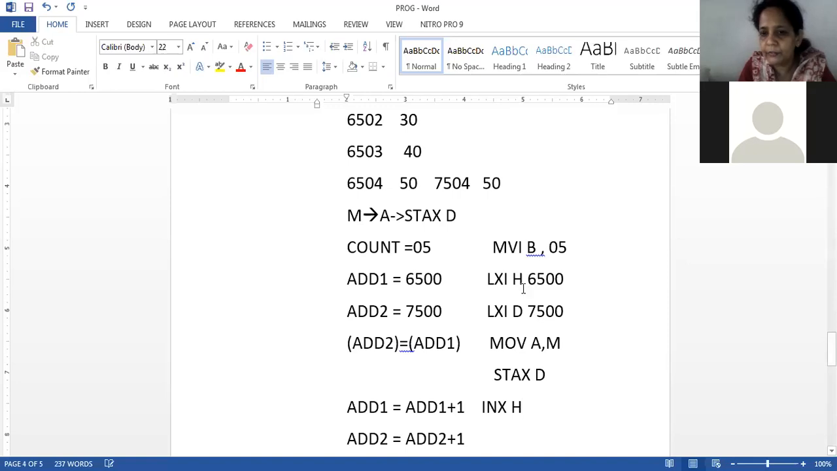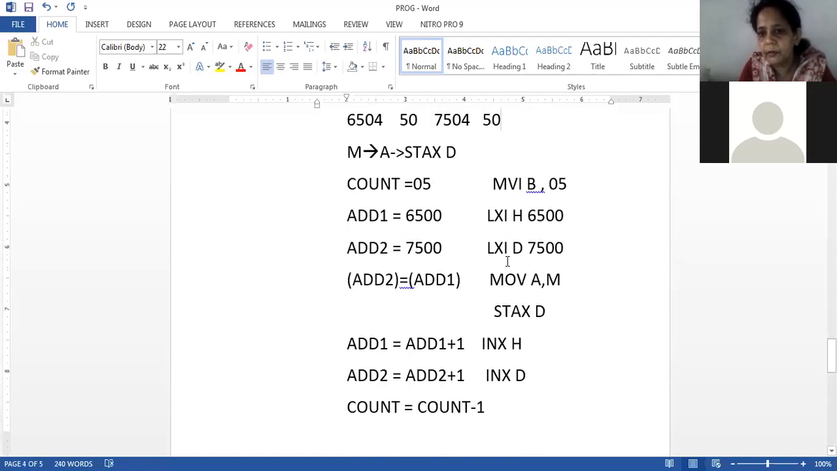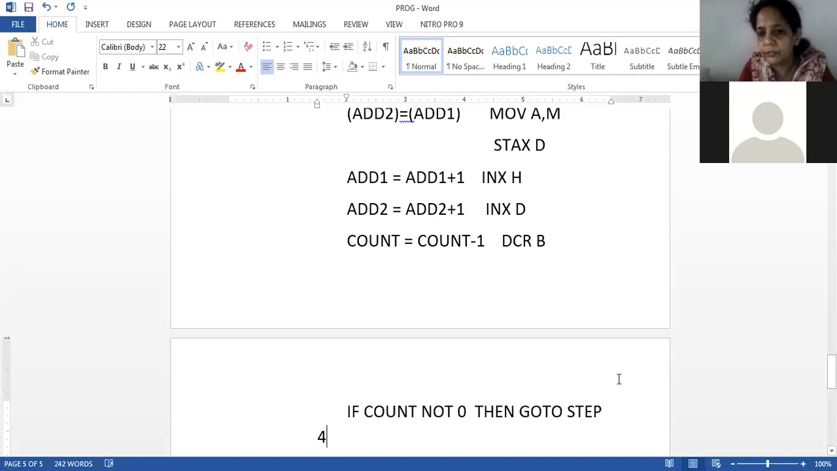Where is my address 2? In DE. Right. So I will say INX D. And then count equal to count minus 1. So where is my count? Count is in B register. Correct? Only 10 minutes are there. So I will say DCR B. Now if the B register value is not 0, so the zero flag is not set. Right? So here I will say